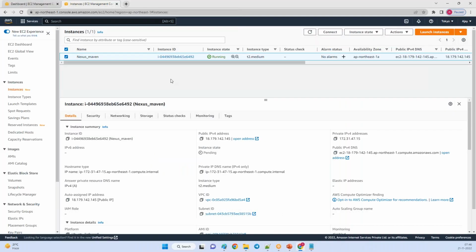My server is created, the Nexus Maven server, which is an Ubuntu server. Let me connect to the server.